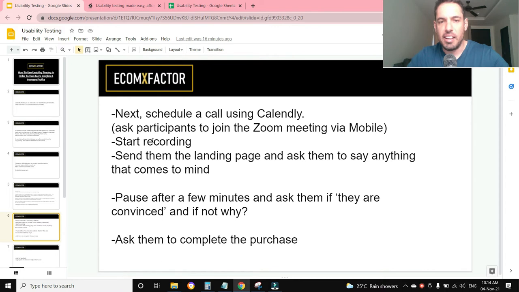And in the Calendly link, I told them that they should join the Zoom meeting via mobile, because the mobile experience in my e-commerce websites is much more important for me, because the majority of the users are coming from mobile. As soon as they hopped on the call, I started recording the call. Obviously, I notified them that I am recording the call, and I told them that I would like them to express their thoughts, or anything that comes up during the scrolling in the funnel,